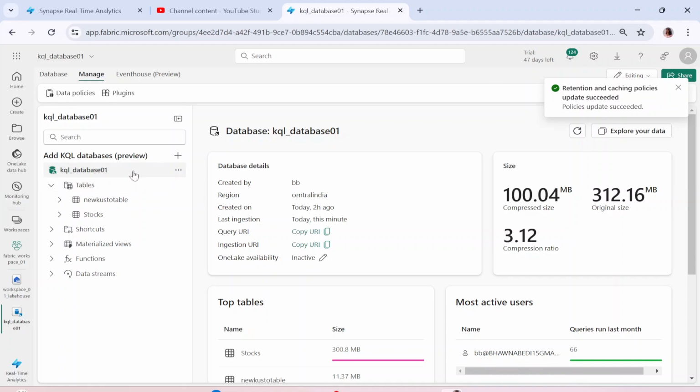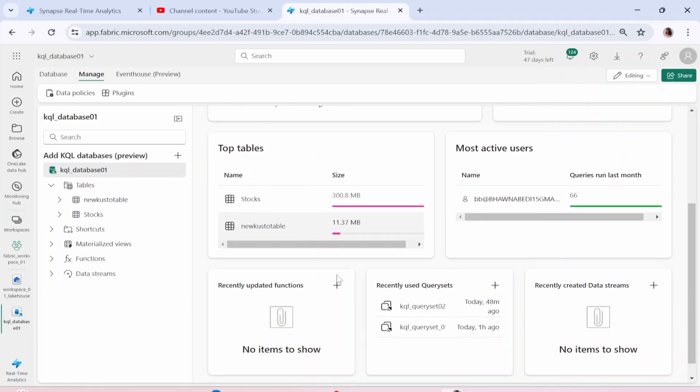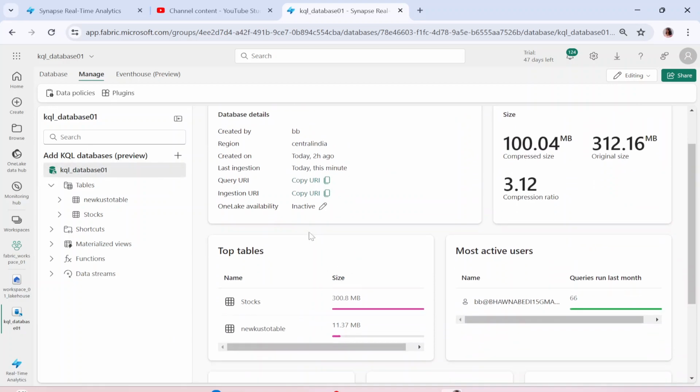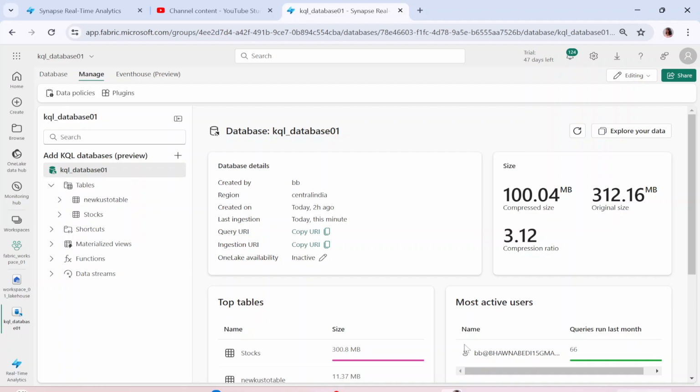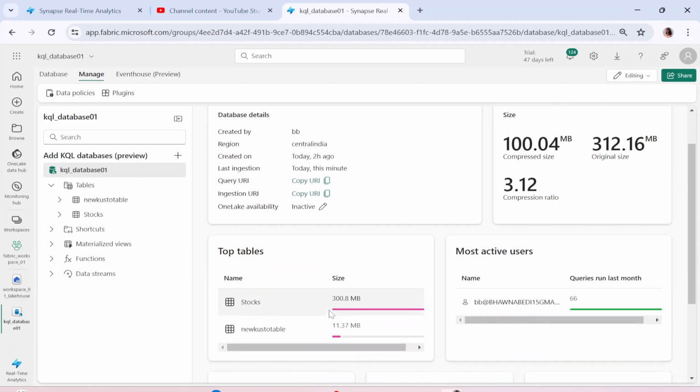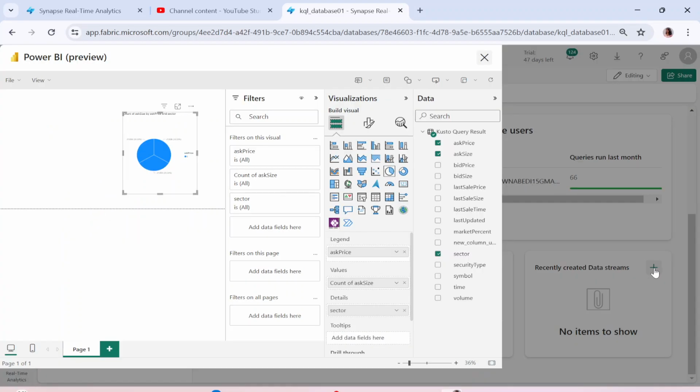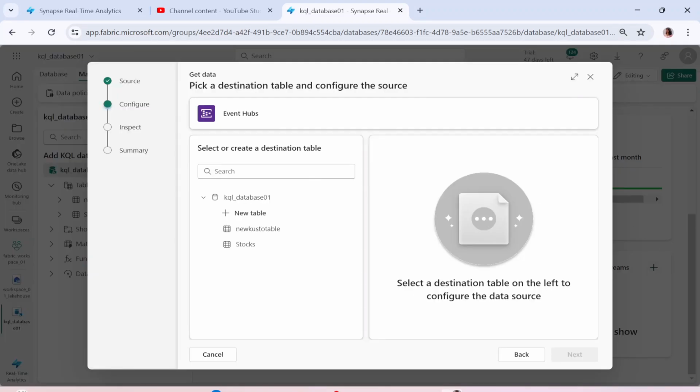Now, I have talked about data policies over here, but if you go to the database, you can create a lot of stuff. It gives a kind of dashboard view for your database. Here, if you want to create functions, which we are going to see later on as well, or if you want to create data streams, all these options are there. Data stream is basically nothing but picking up the stream of data from anywhere.